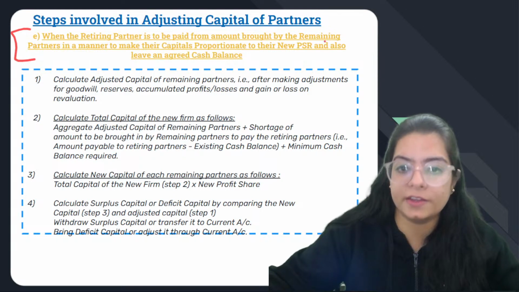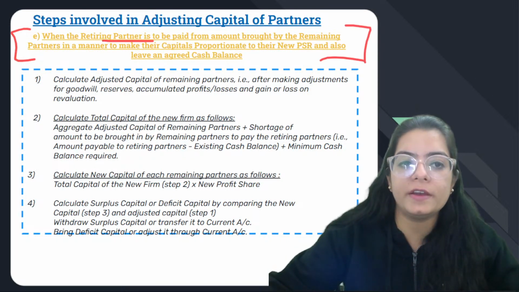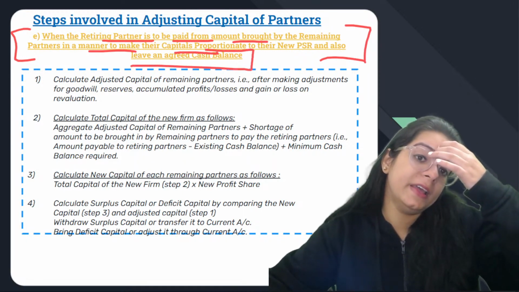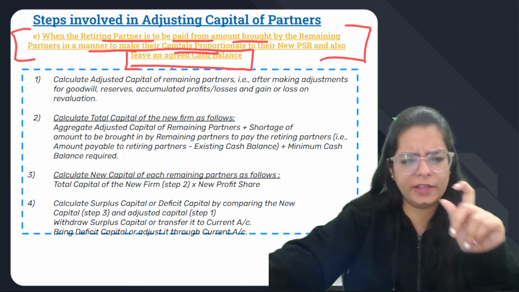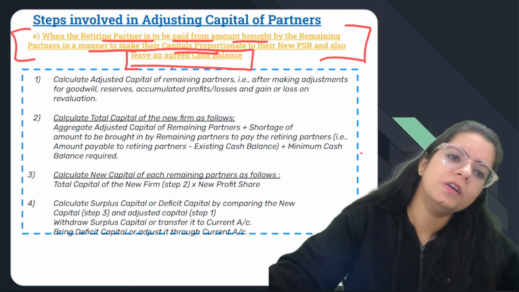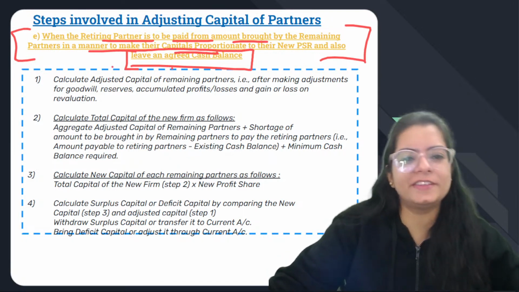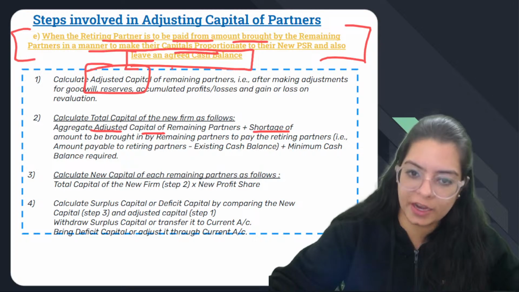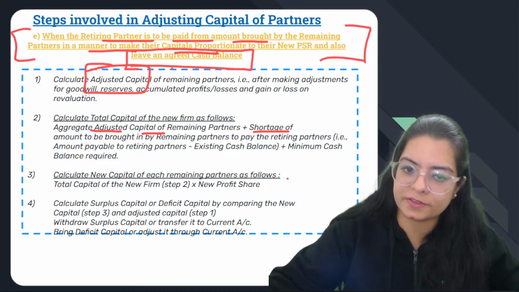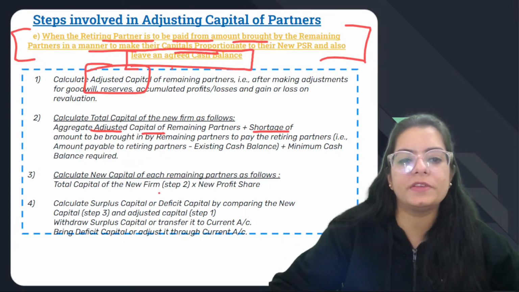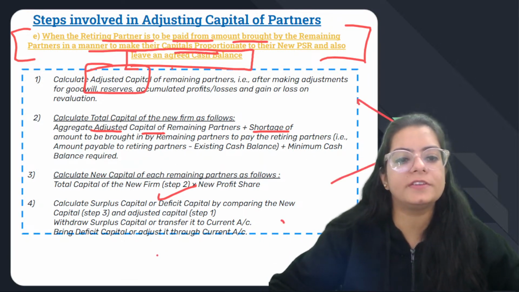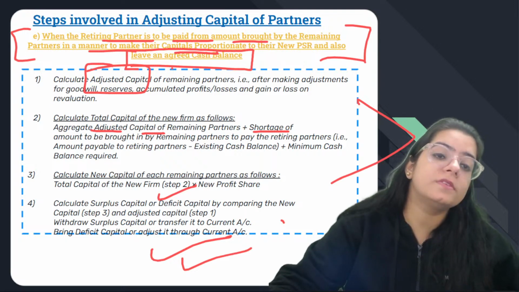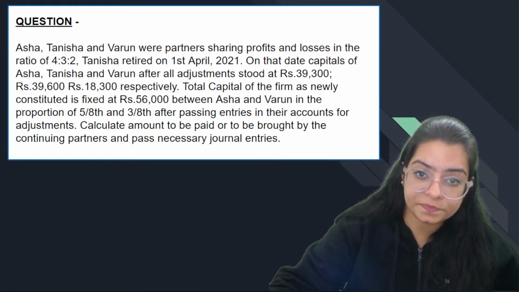केस ई, केस ई में क्या होता है, केस ई बोलता है अगर ये वाली लाइन आ जाए, कि आपको रिटायरिंग पार्टनर के लिए पैसा भी लाना है, कैपिटल का रेशियो में भी एडजस्टमेंट करना है और साथ के साथ एक कैश बैलेंस भी बचाना है। कैश बैलेंस का मतलब है कि थोड़ा सा कैश में से पैसा यूज कर सकते हो। एडजस्टेड कैपिटल निकालोगे पहले और क्या करोगे, एग्रीगेट लोगे अपनी कैपिटल का, ठीक है, शॉर्टेज ऐड करोगे और जितना भी पैसा कैश में से यूज कर सकते हैं वो हटा के जो बचेगा वो न्यू पीएसआर में बांट दो, दोनों को कंपेयर कर लो, पता चल जाएगा what is required from partners और what is not required from partners। So this is how adjustment of capital is done, राइट।